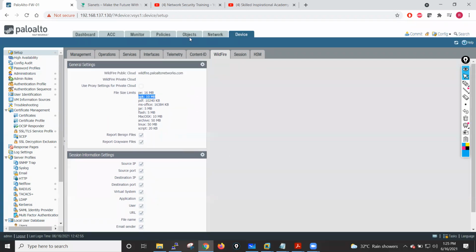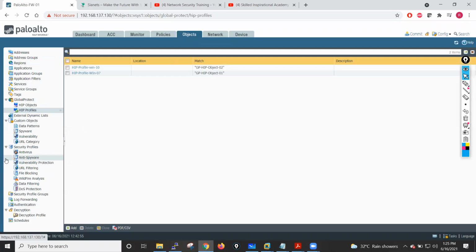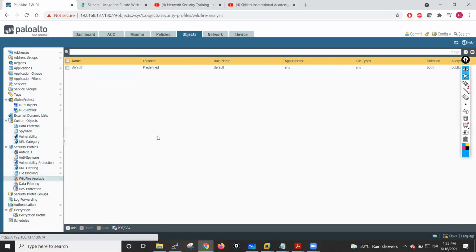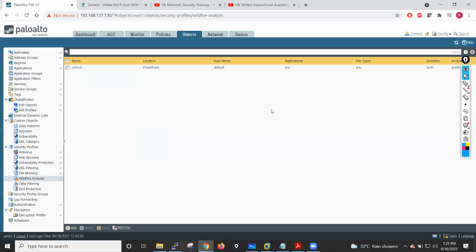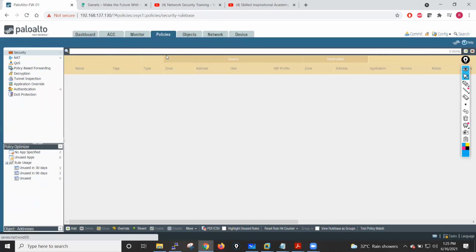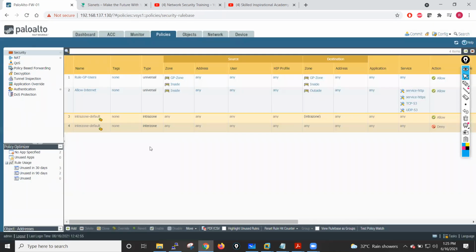Okay, and if I go into Objects, into WildFire, here you can create WildFire profiles. Define the file types and all, and after that you can call this profile in your security policies. That is how we do the configuration of WildFire.